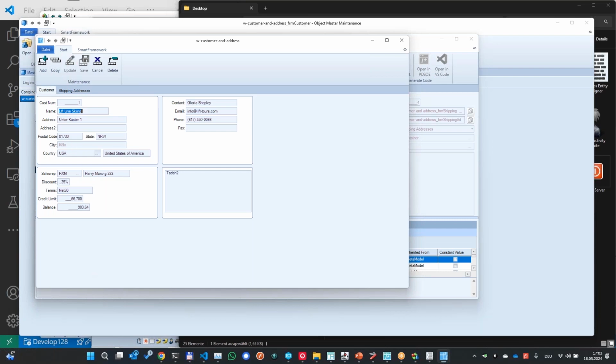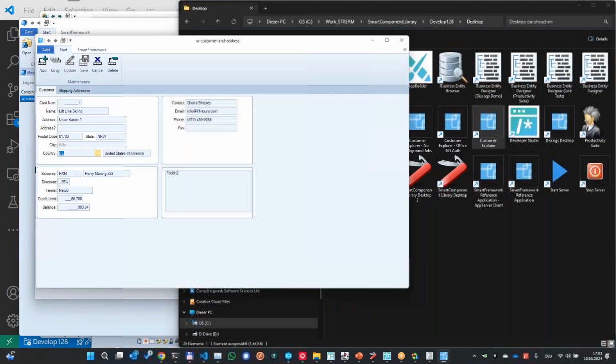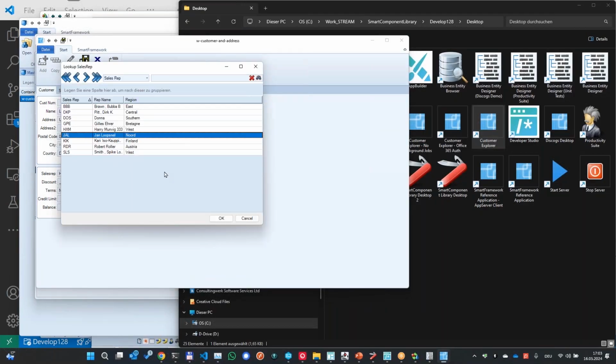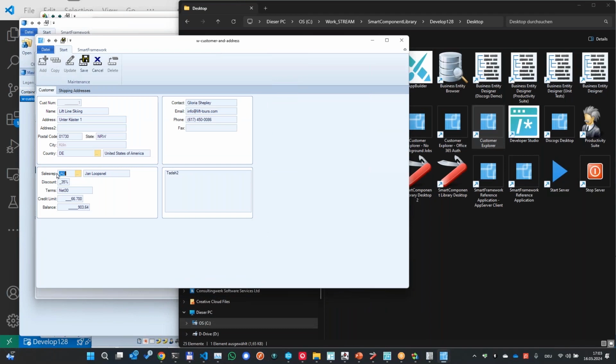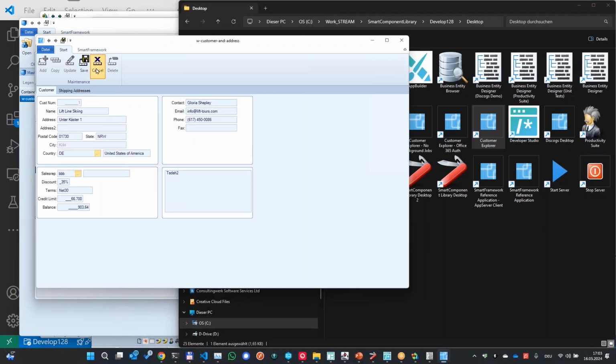And we now see that this lookup is actually behaving as we'd be expecting from a lookup, or like that. Oops. Well, no demo without an error. So